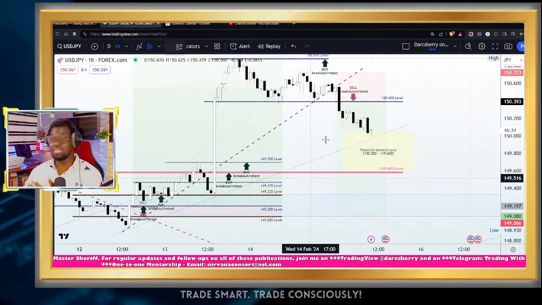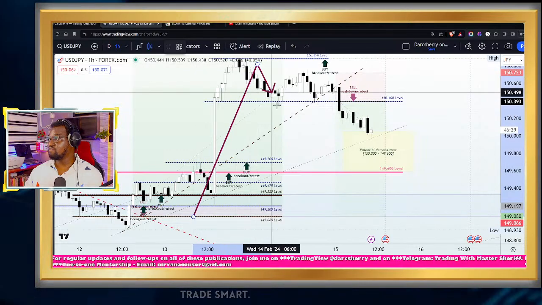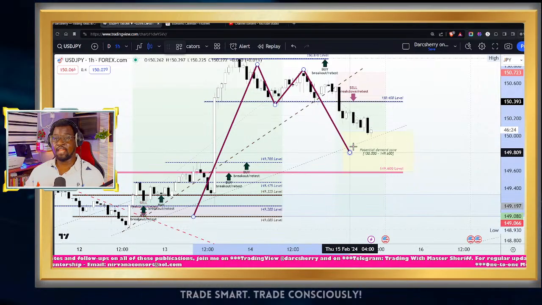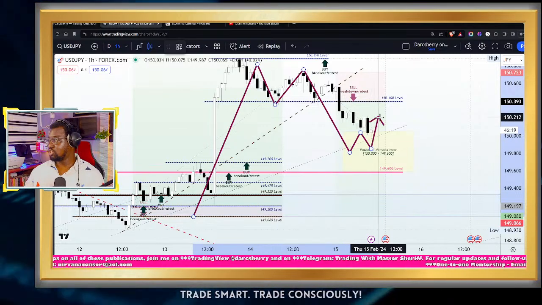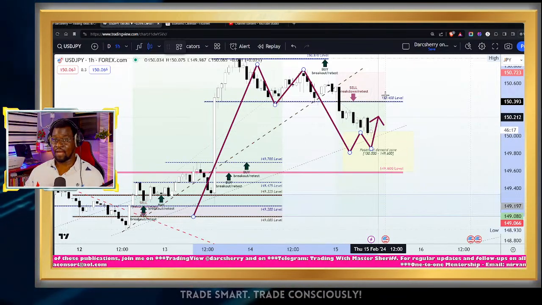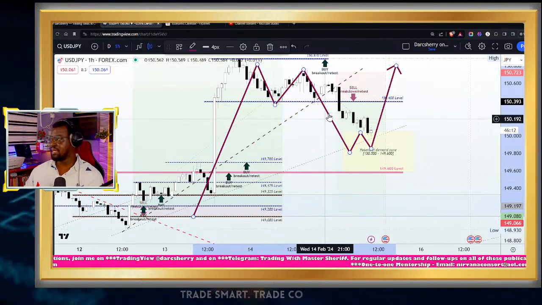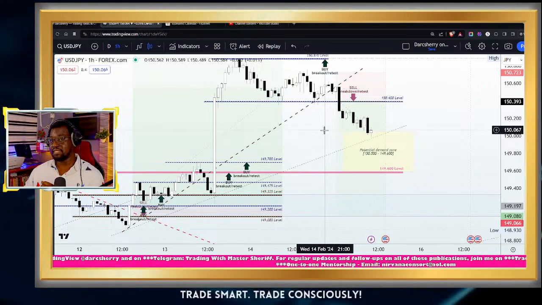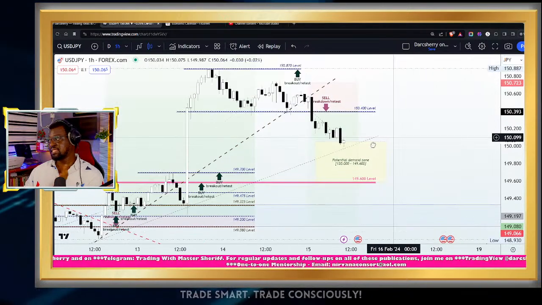So to give a visual representation of what I'm talking about, we have an impulsive move, price appears to be going through a retracement move, and if price gets into any part here, we are looking forward to maybe a double bottom structure, head and shoulder, any form of reversal pattern, mark out the neckline, and then we buy the neckline. So what this simply means is that the bullish outlook in this market, despite the buying activities of the Japanese yen, is still looking very intact. So let's see how the market will play out.